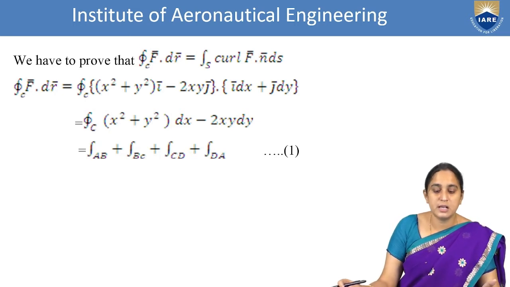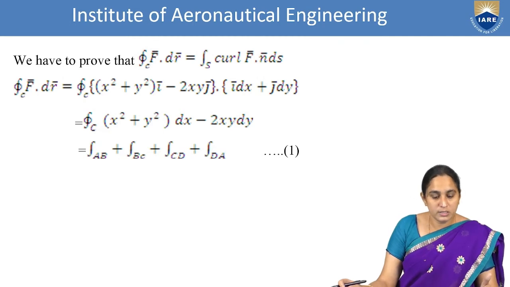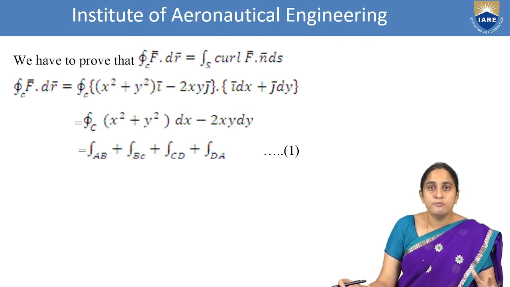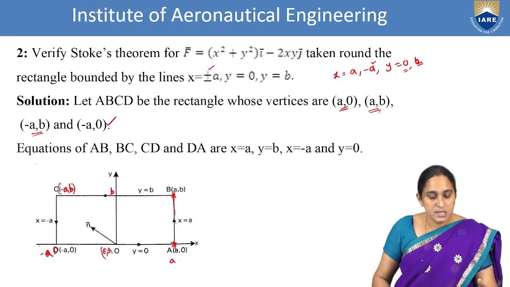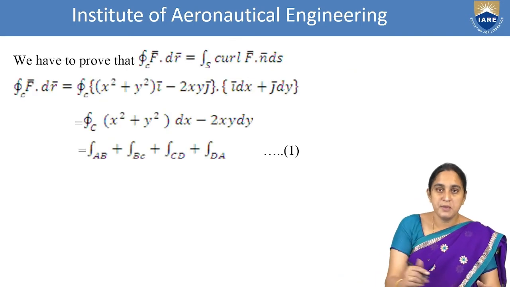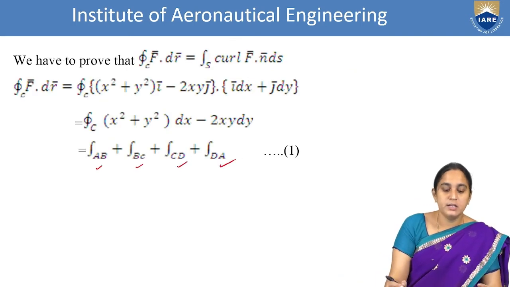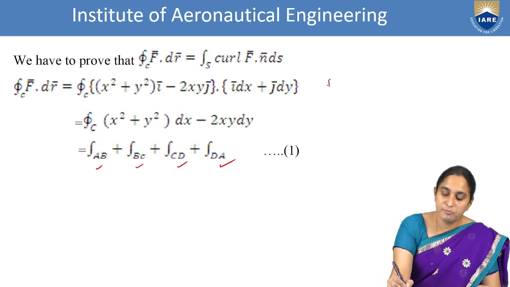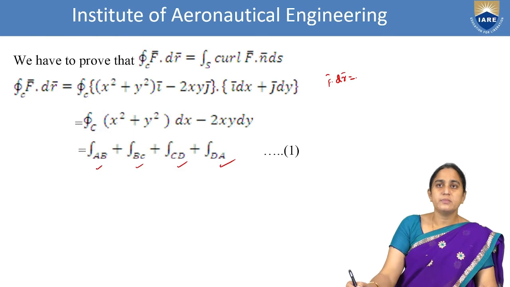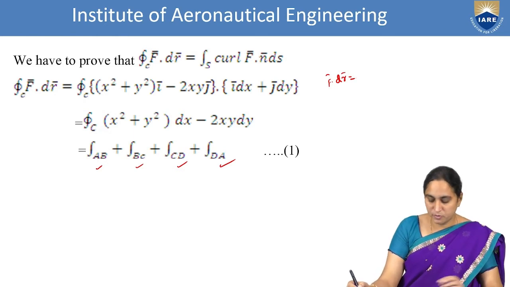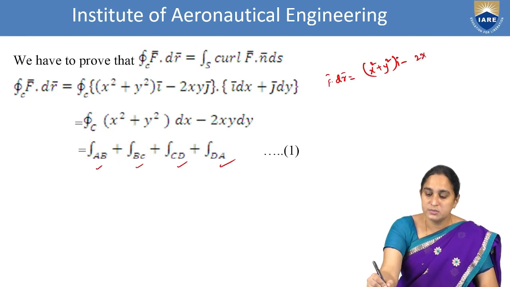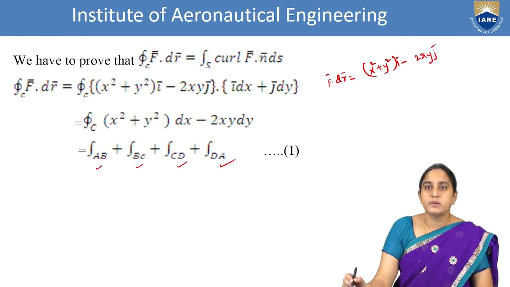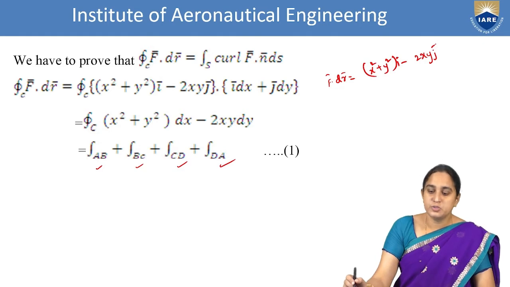For this question, first I'll calculate the line integral values. What are the lines here? Rectangle means there are 4 lines. What are the 4 lines here? AB, BC, CD and DA. For that, first I'll take f bar dot dr bar. What is the given function here? x square plus y square into i bar minus 2xy j bar dot